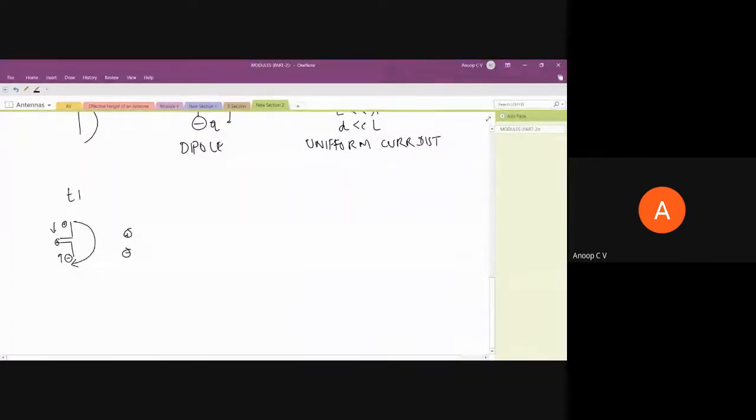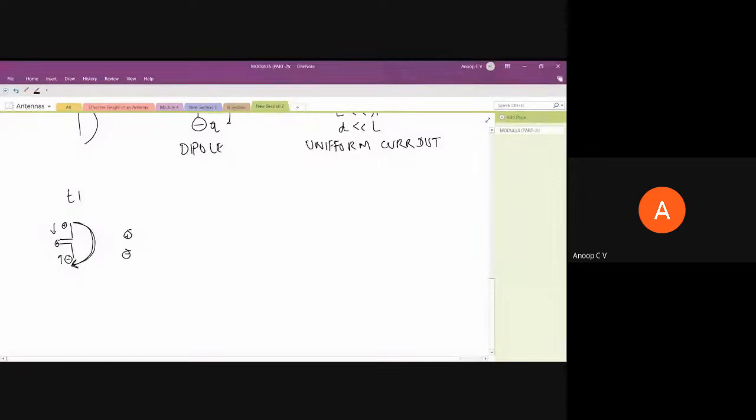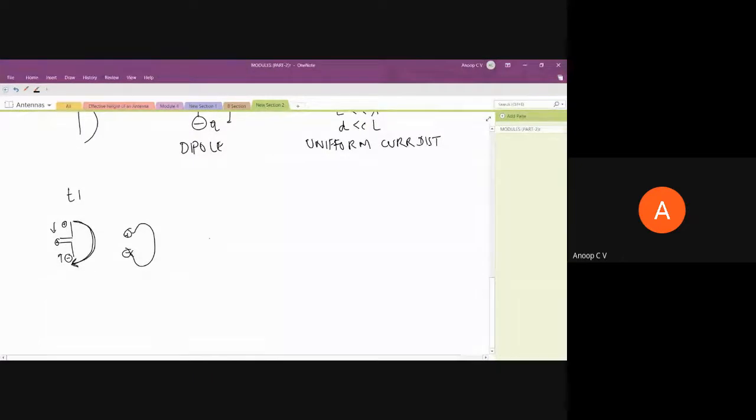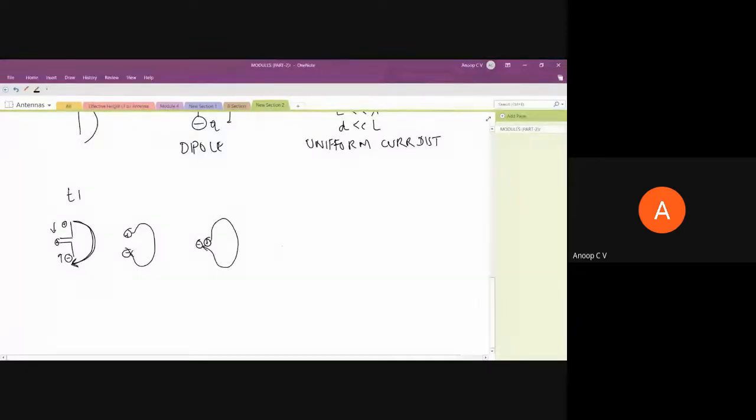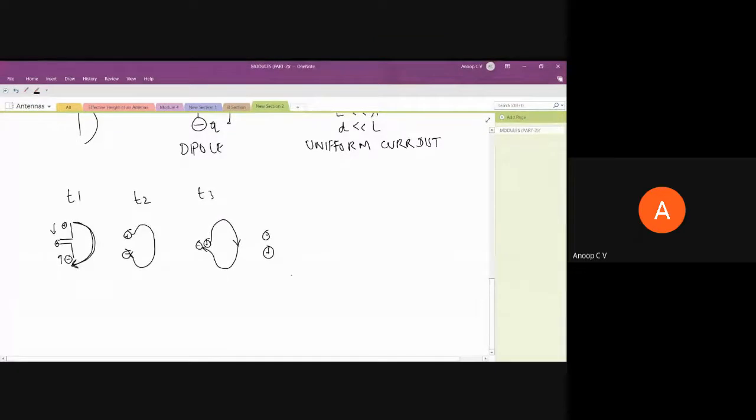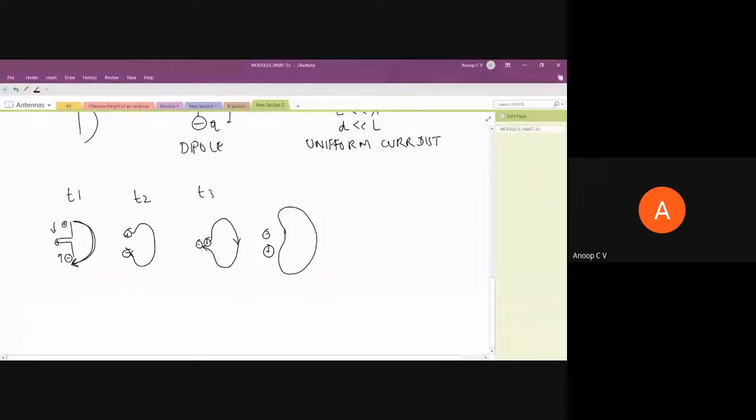The field lines were starting from here and ending here, but now as they are moving closer, the field lines will be like this. Then at some point they may cross each other. That time the field lines will start here and end here, so it will form a loop. Then the negative charge will be up and the positive charge will be down. I'm showing it for different instants, T1, T2, T3. Then this field line, which was directed like this, will detach from it.